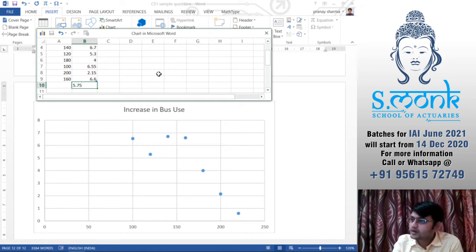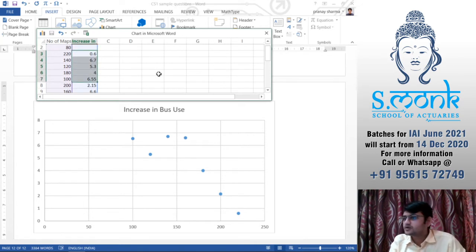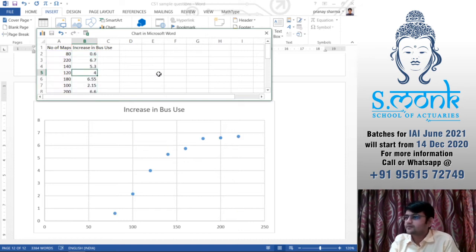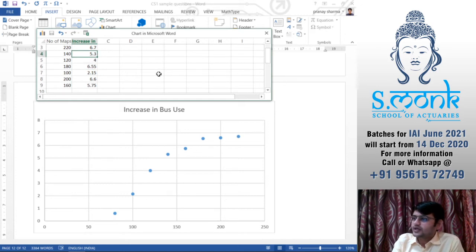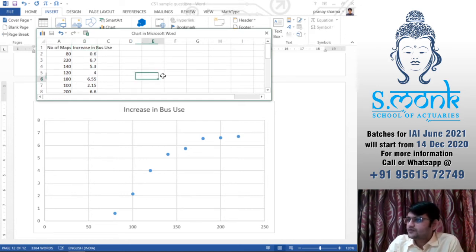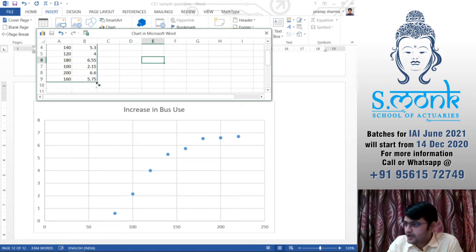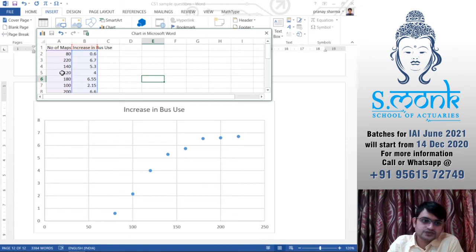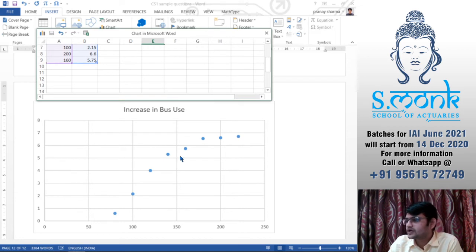I may have missed a value somewhere. I'll just check. Okay, I have started from one below. Okay, so these are our values x and y. Now if you want to take all of them into consideration, this is the point that you have to see: whatever you see purple and blue, they should be on all values, so you will see the graph here.